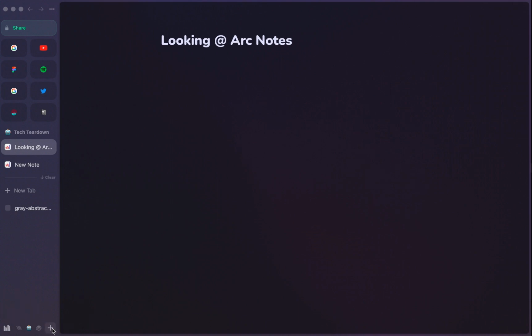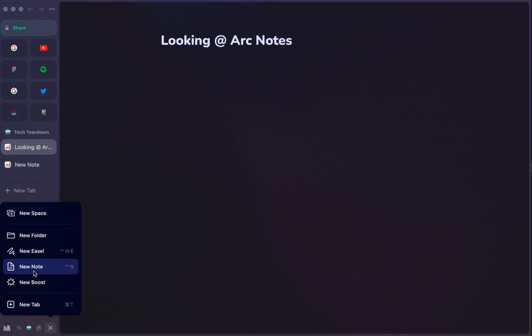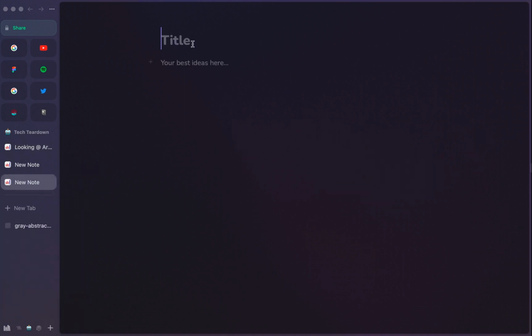You can hit the plus sign button down here and you can quickly use the option to create a new note, and it'll drop you into a self-hosted web page where you can start to take your notes. And you get a fairly basic text editor. You can do different header options. You can do some things with the text here around bullets, doing lists, making things bold, putting in pictures or